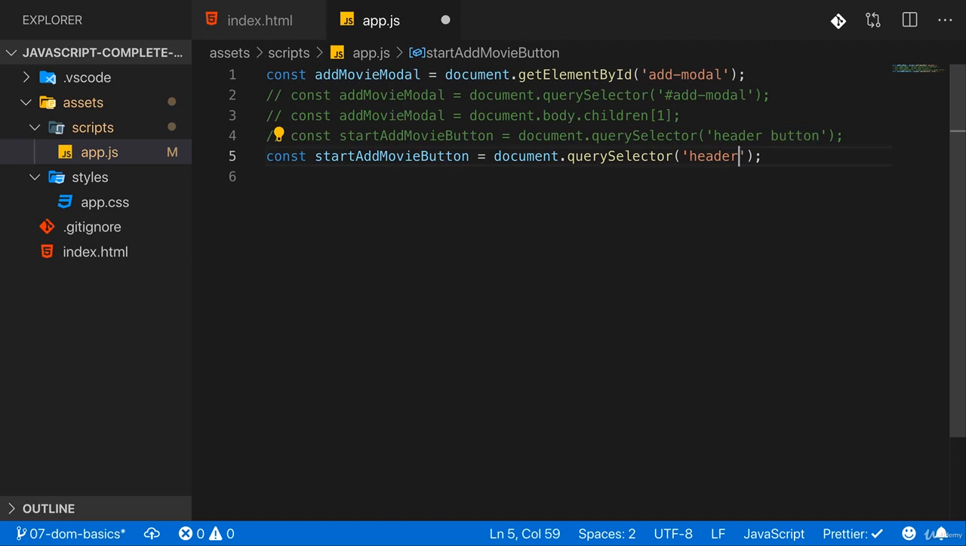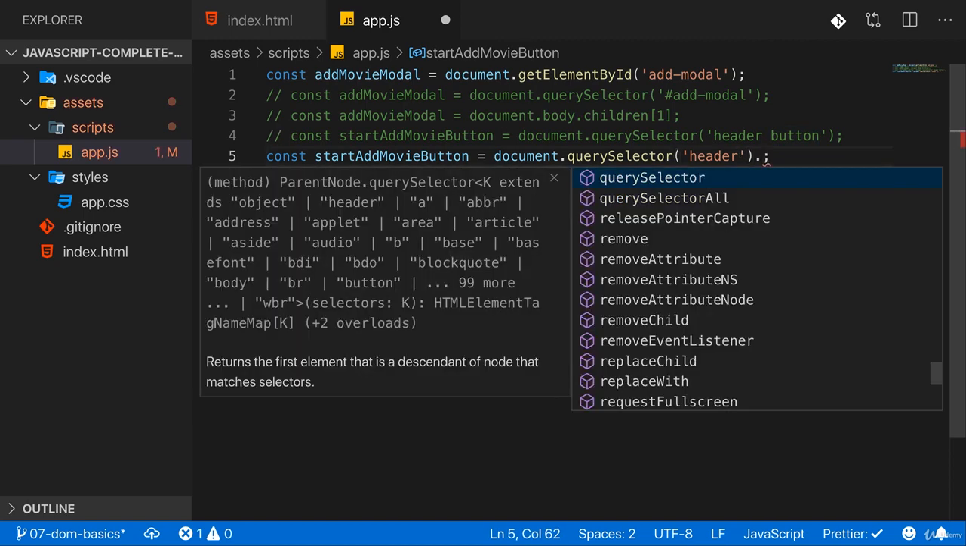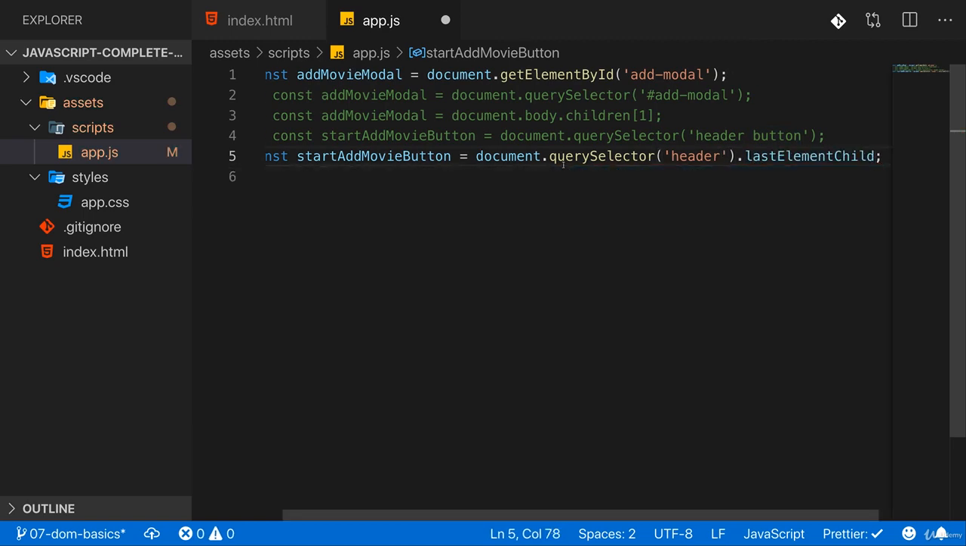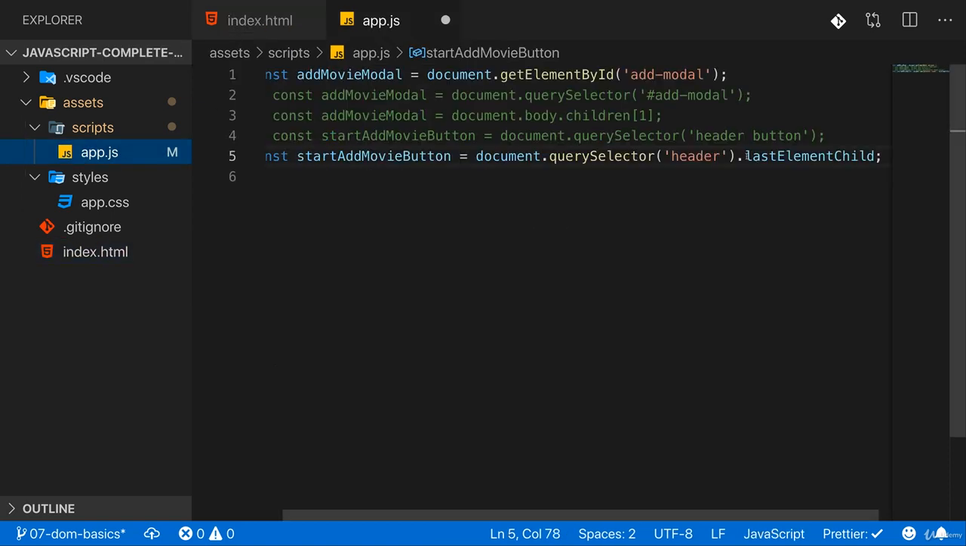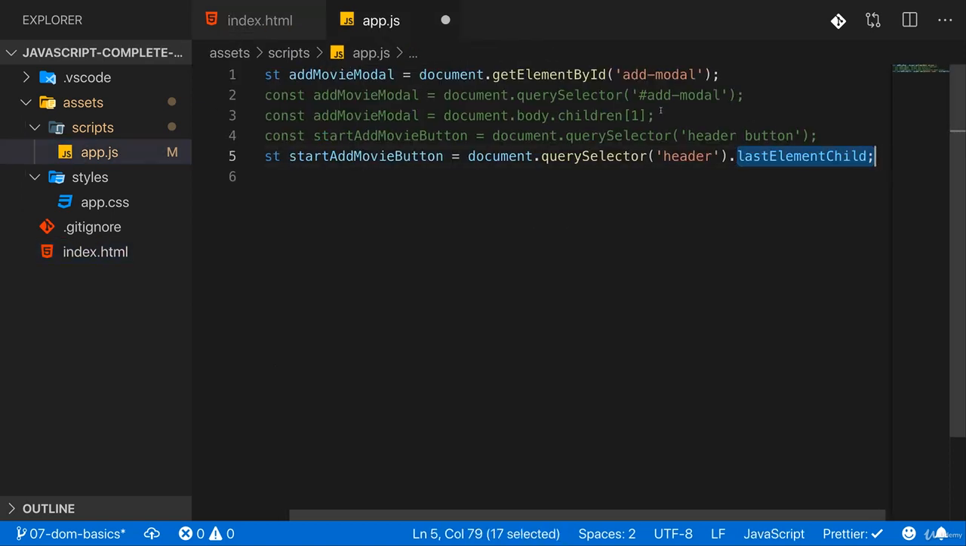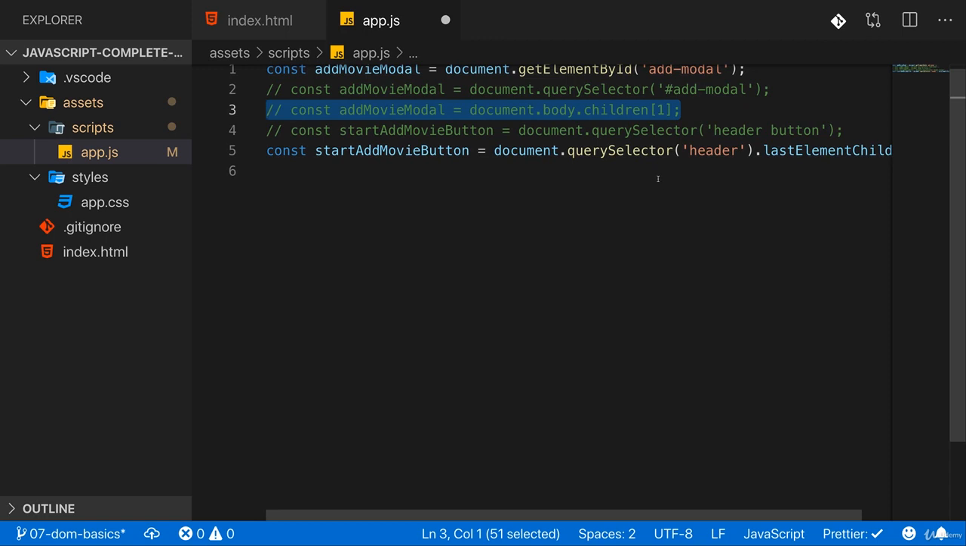So another way would be to use query selector header, and then, for example, last element child, because if we have a look at our header, here we see the button is the last element child inside of the header. So that would be another way of selecting it. The downside of using this, just as before with using document body children1 for the movie modal, is that whenever